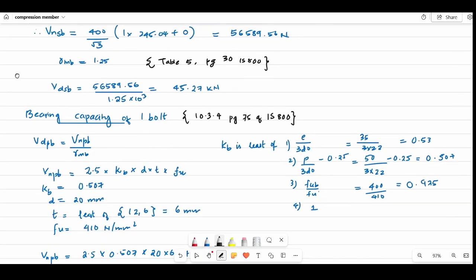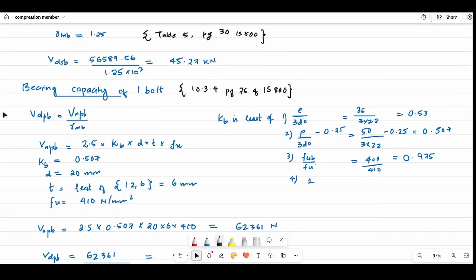Now we have to calculate the next capacity of the bolt, which is the bearing capacity of the bolt. The bearing capacity is given in the next clause, 10.3.4 on page 75, and the equation from the code is V_dpb equals V_npb divided by gamma_mb. N means nominal, and the V_npb equation is given in this clause as 2.5 times k_b, d, t and f_u. Now k_b is a constant which is based on these three parameters,